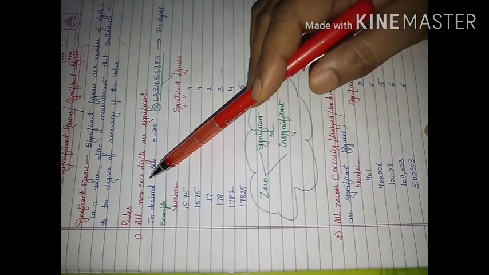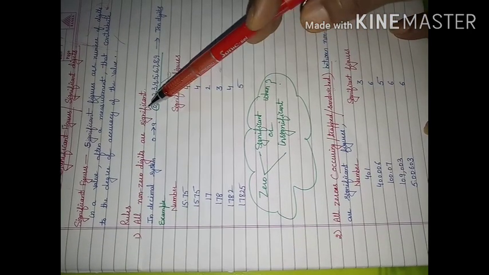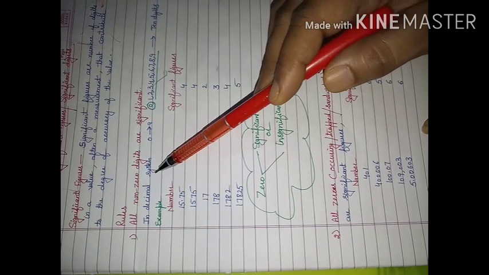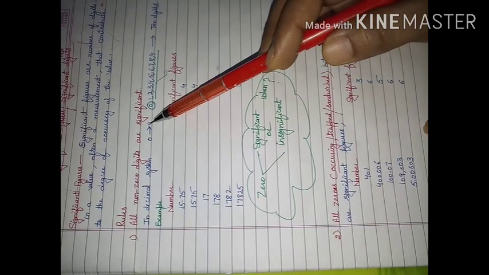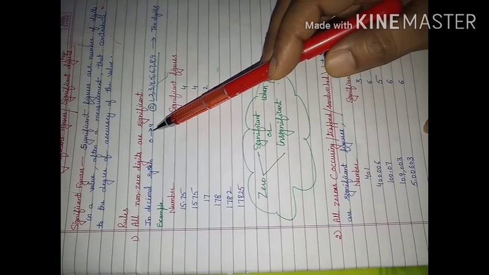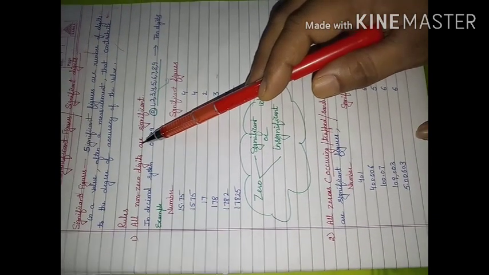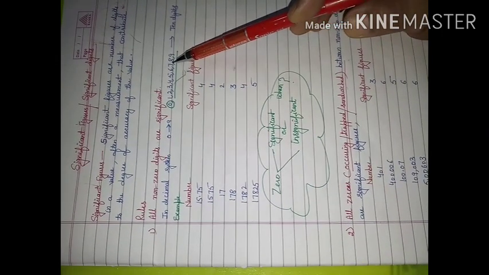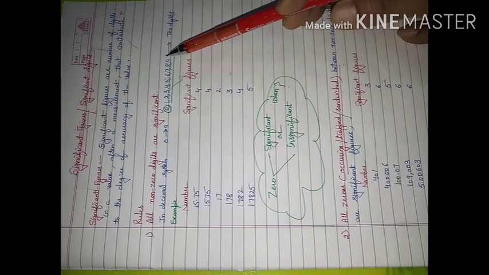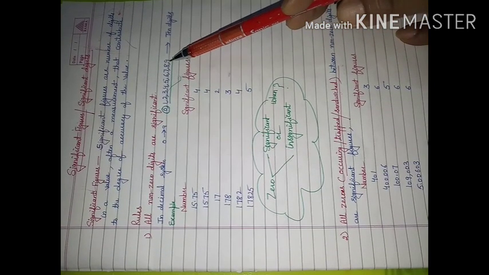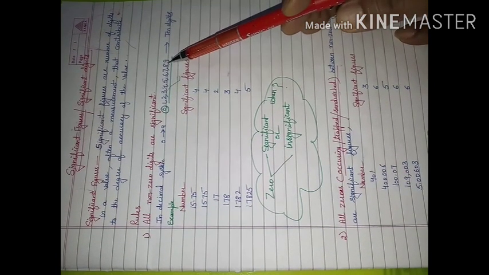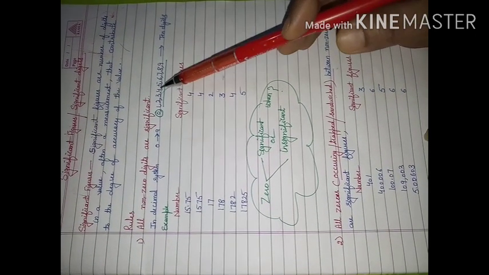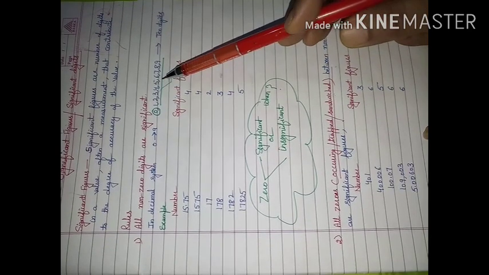First rule is all the non-zero digits are significant. We are using the decimal system. In the decimal system, we have digits from 0 to 9, 10 digits. So according to this rule, all the non-zero digits 1, 2, 3, 4, 5, 6, 7, 8 in a measurement, if these non-zero digits are present, then they are significant. Whether decimal is given or not given, these digits which are non-zero will always remain significant.